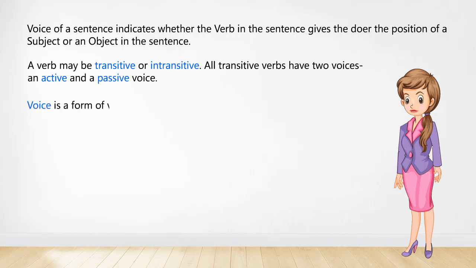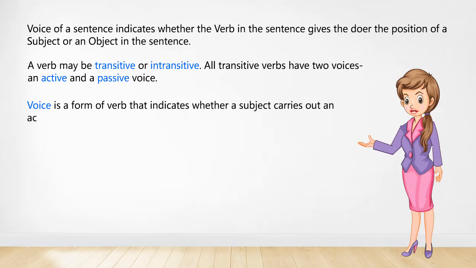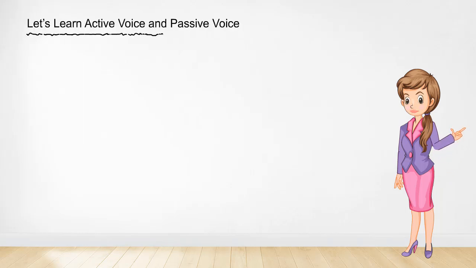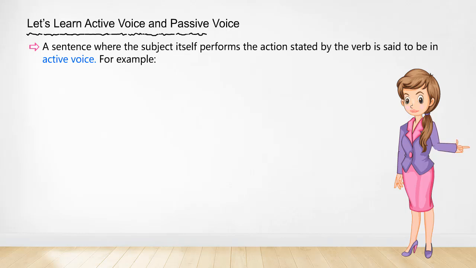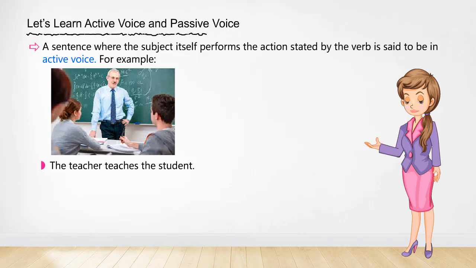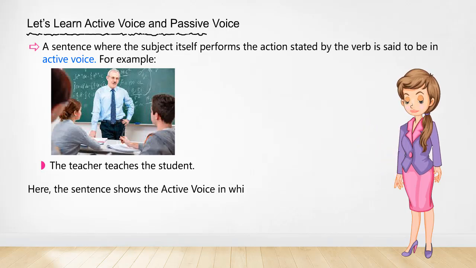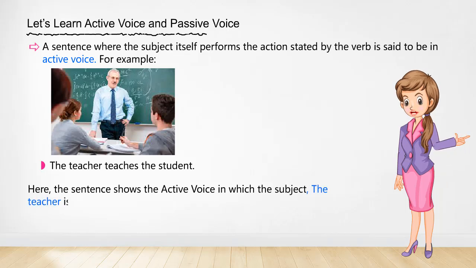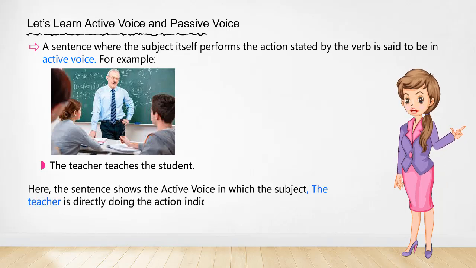Voice is a form of verb that indicates whether a subject carries out an action or has an action done on it. Let's learn active voice and passive voice. A sentence where the subject itself performs the action stated by the verb is said to be in active voice. For example, the teacher teaches the student. Here, the sentence shows the active voice in which the subject, the teacher, is directly doing the action indicated by